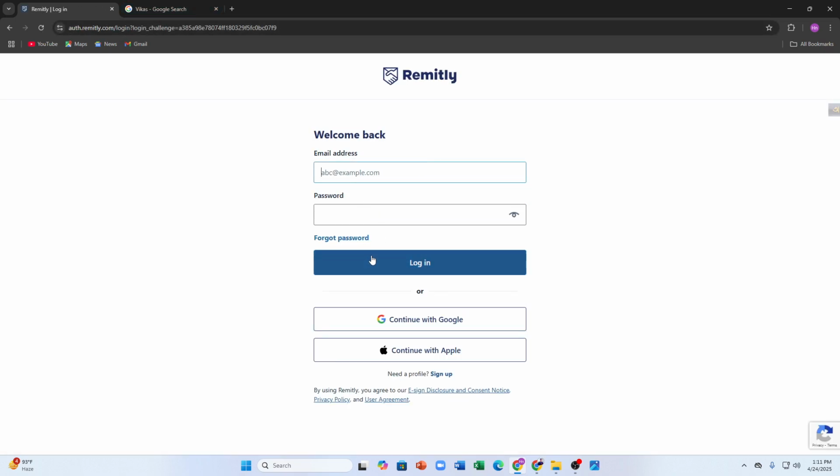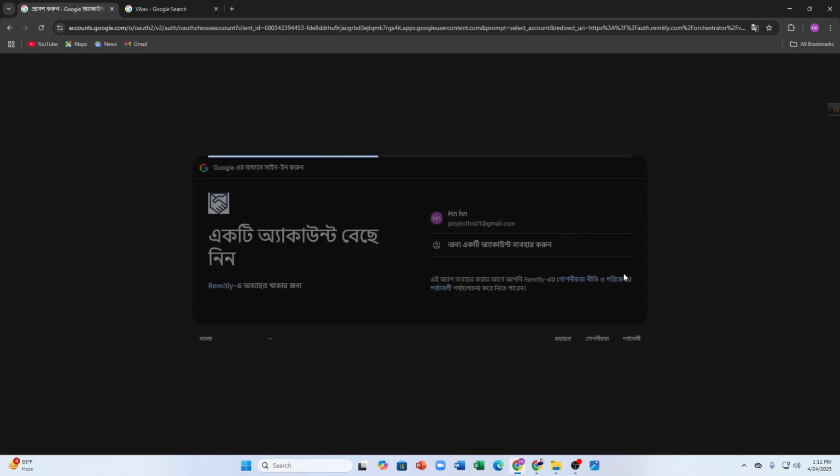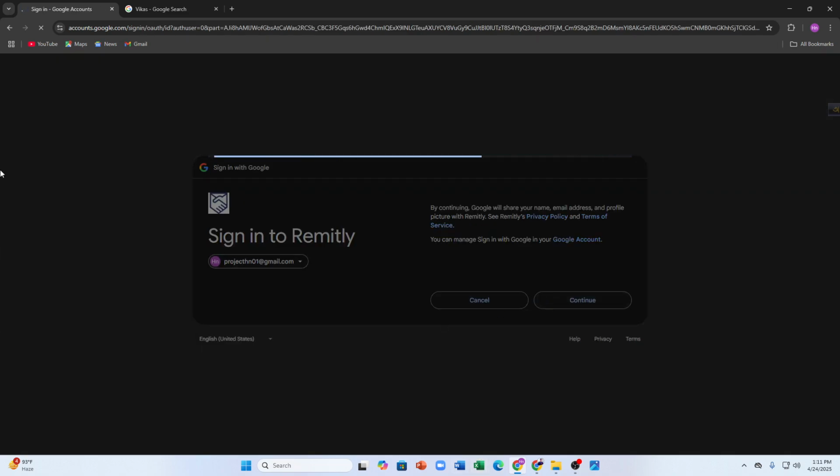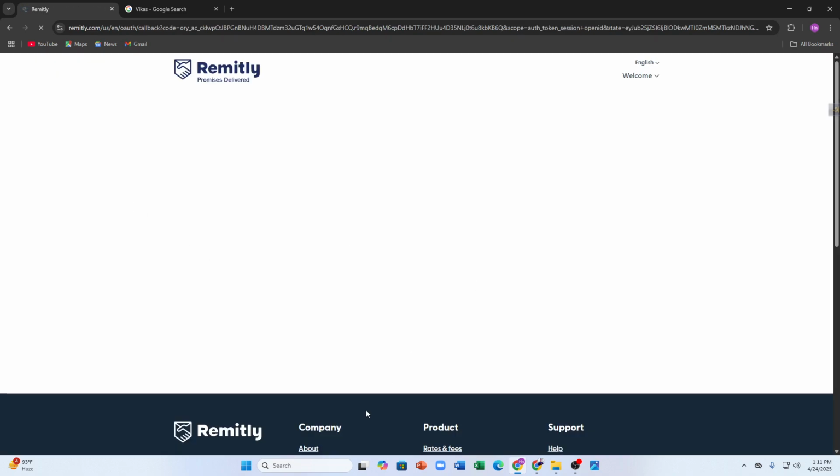Enter your email address and password, then log in. You can also continue with your Google. You can continue with your Gmail account, then tap continue here. Wait until the process is complete, then